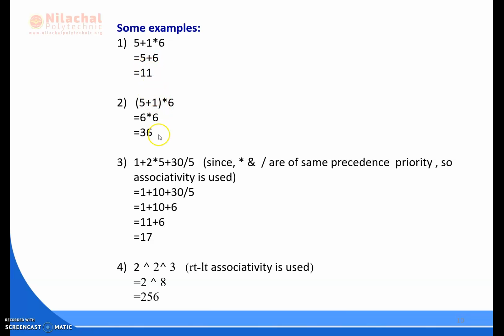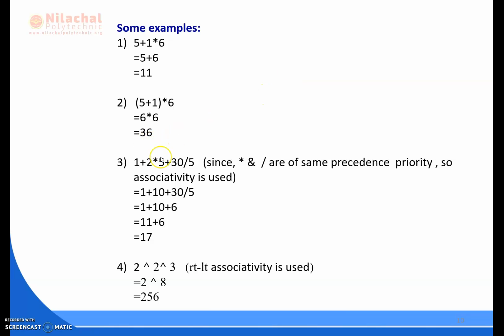Here is the same question, but the arithmetic expression at the first position is enclosed with bracket signs. So we already know the first precedence priority is given to the brackets. So first 5 plus 1 in the brackets will be solved and the answer will be 6 multiplied by 6,